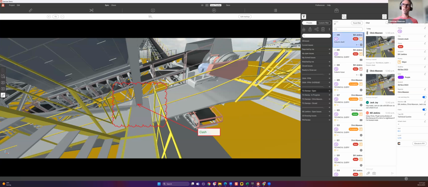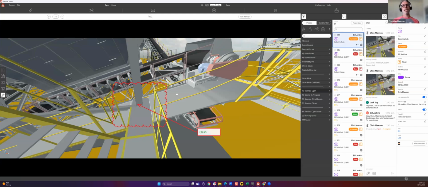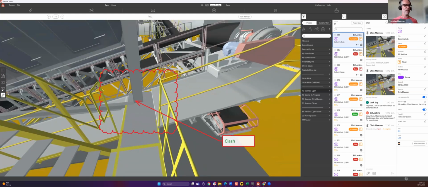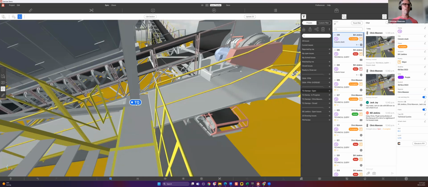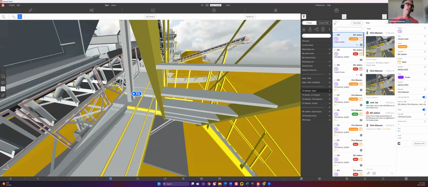So let's have a look at the TQ stamp. Imagine I'm Bill. First thing I'd do is come into here, change my status to in progress. That's going to be useful later on when we start having a look at dashboards and reporting. So I'm Bill, coming in here, having a look around. Oh yeah, what can I do? So at the moment, I'm in my markup mode. I can jump into my 3D mode